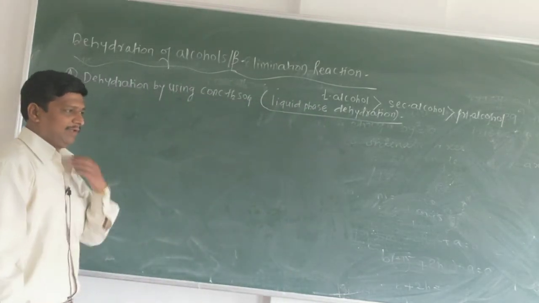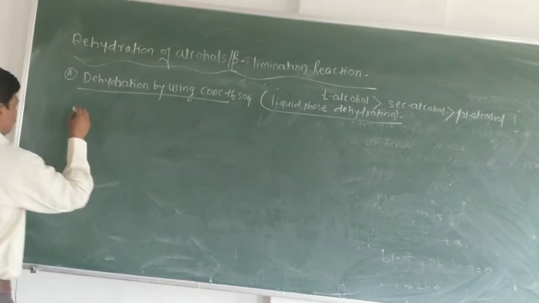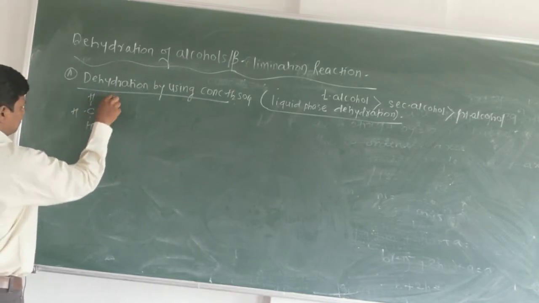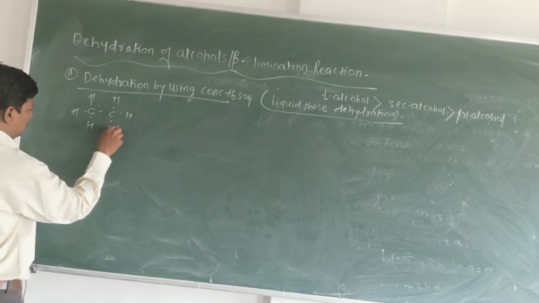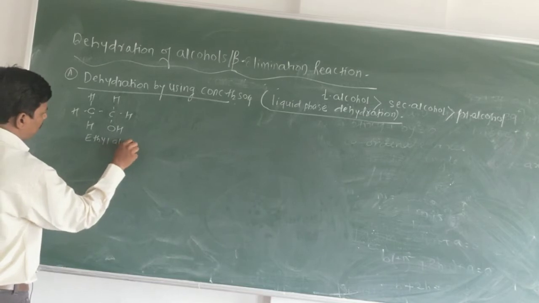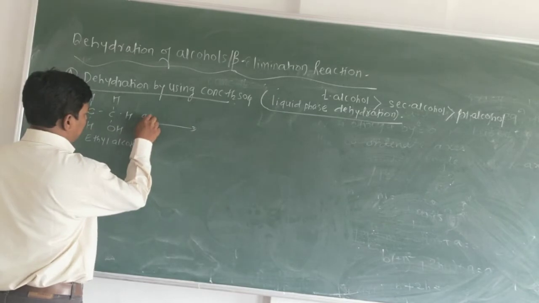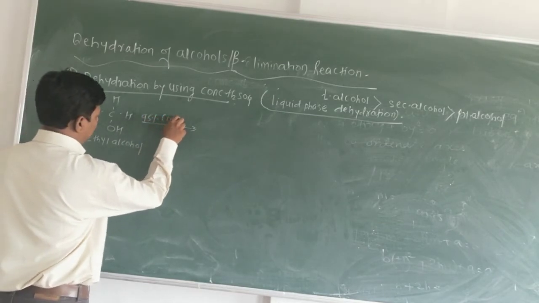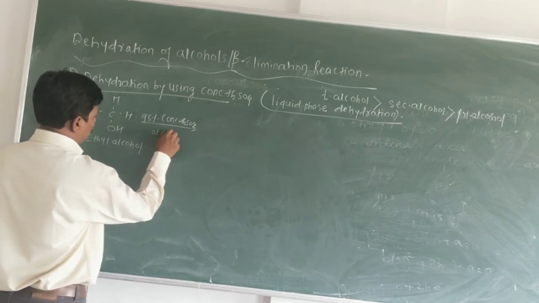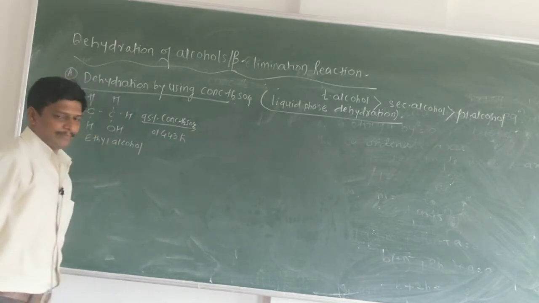Okay. Now, I will take one example here. First of all, we are going to take CH3CH2OH, which is nothing but ethyl alcohol. Now, this ethyl alcohol, when it reacts with 95% concentrated H2SO4 at 443 Kelvin temperature, then